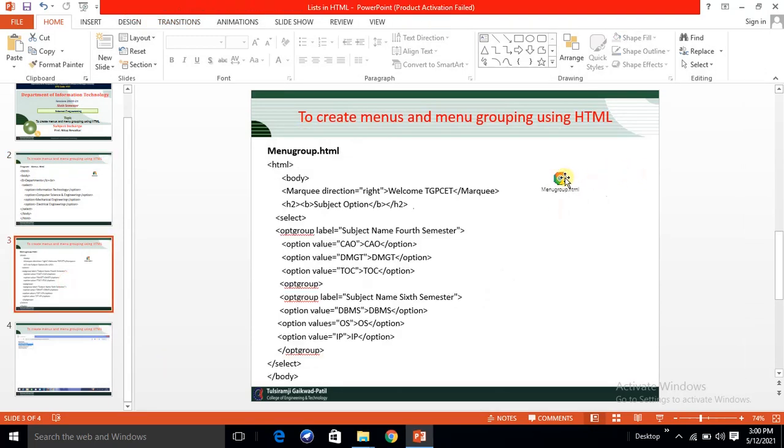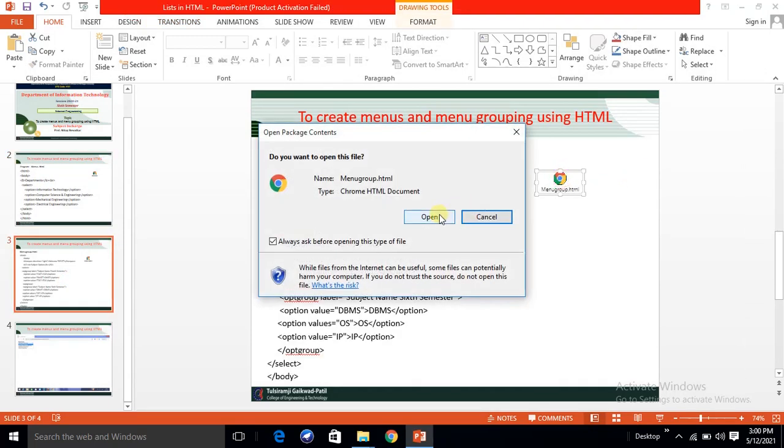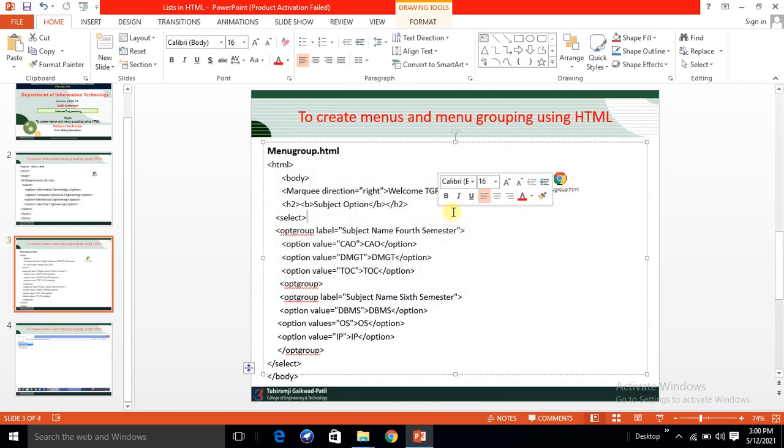Now we are going to execute the second practical, which is menu grouping. Again we open that menu grouping practical by clicking it. Now we observe the output. Here you may observe that Welcome to TGP City rotates in the right direction. We can make it left direction also; if you make it left, then it will work as left direction.